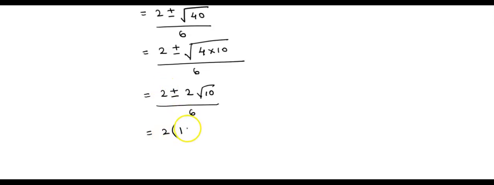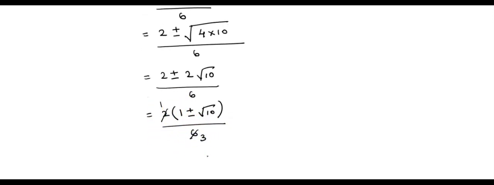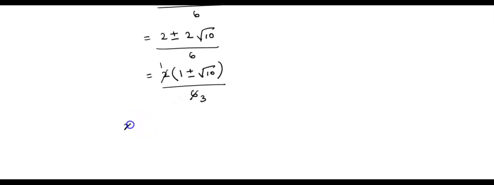2 into 1 is 2, plus or minus. Already this 2 has come out, so root 10. Can you simplify this root 10? No, it is not possible. Keep it as it is, divided by 6. So 2 ones are 2, 3 twos are 6. Now you can cancel this. Got it? Now we can say that x is equal to 1 plus root 10 divided by 3 and x